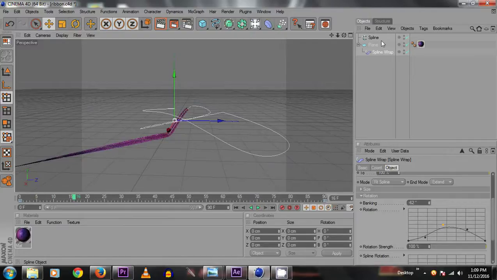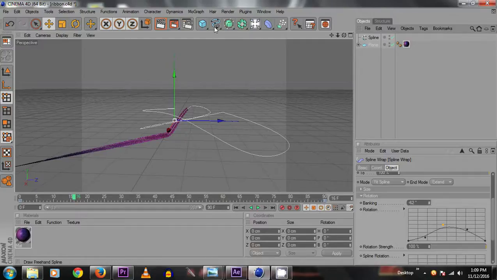Now we copy the ribbon into multiple copies to get so many ribbons. Now select the plane.